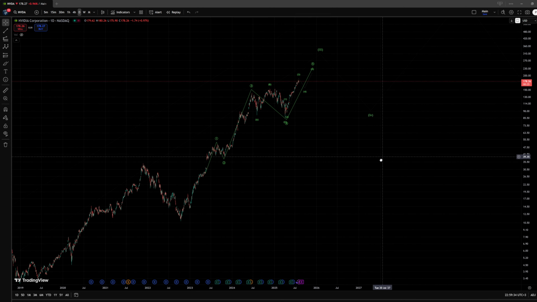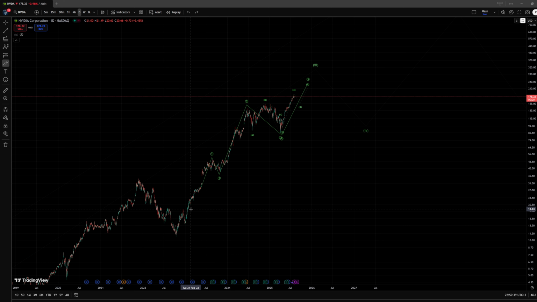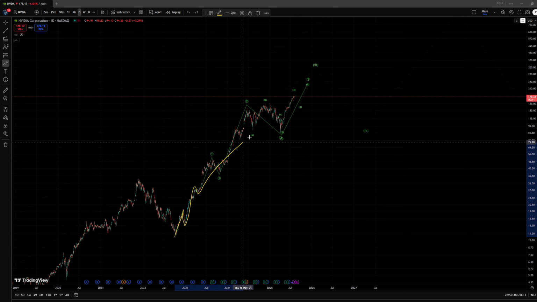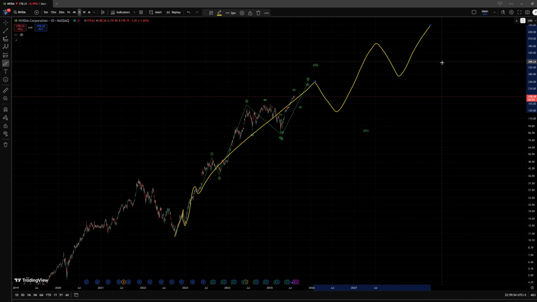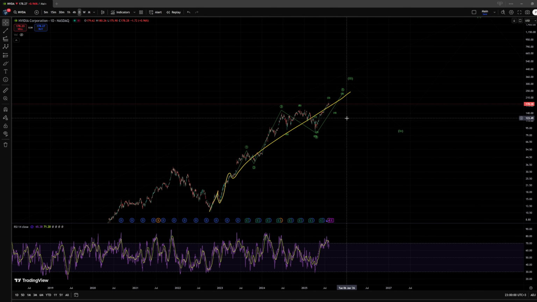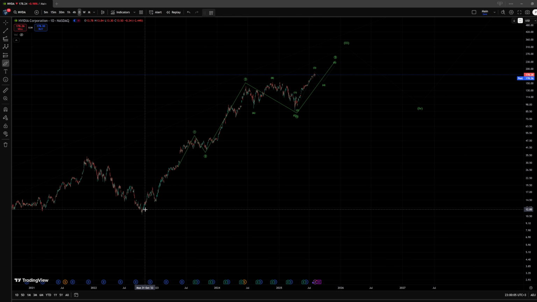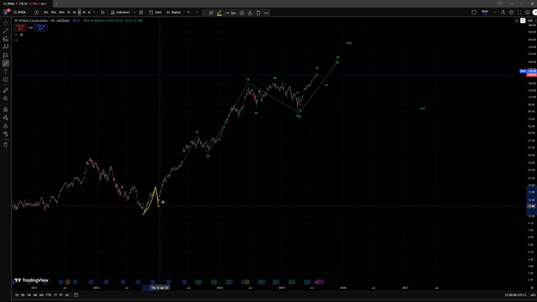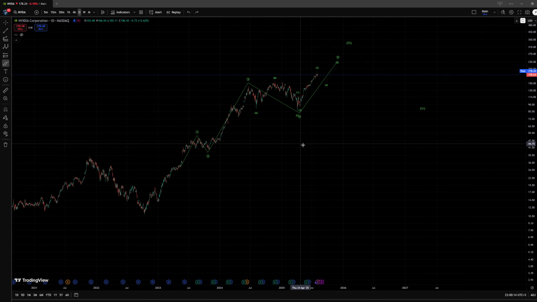And in my opinion, now focusing on this area, on this impulse to the upside, I could count it in a few different ways. My preferred interpretation would be something like a 1-2, 1-2, and then this is a third wave up, and then we expect a fourth and a fifth, and then another fourth and a fifth to complete this movement to the upside here. But it is also possible that we get something slightly different, where we have a wave 1 up, a wave 2 down, and then this would be the third wave up, and then the fourth and the fifth, and complete it directly.